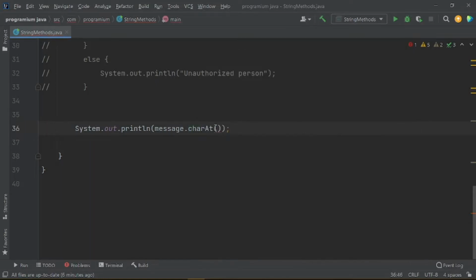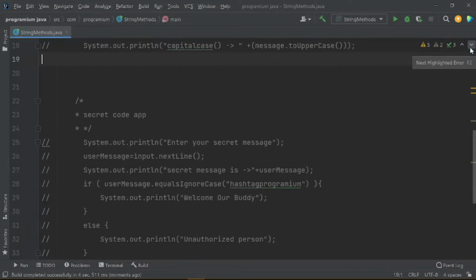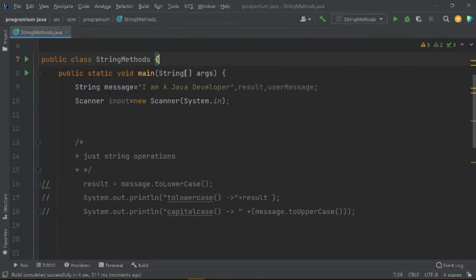So let us see, we can say here 2, and let us see what the result is. And you would see a here, and why a? Let us see in our message. Where is our message? This is our message. 0 index, 1, and the second one is here a, because white space is also